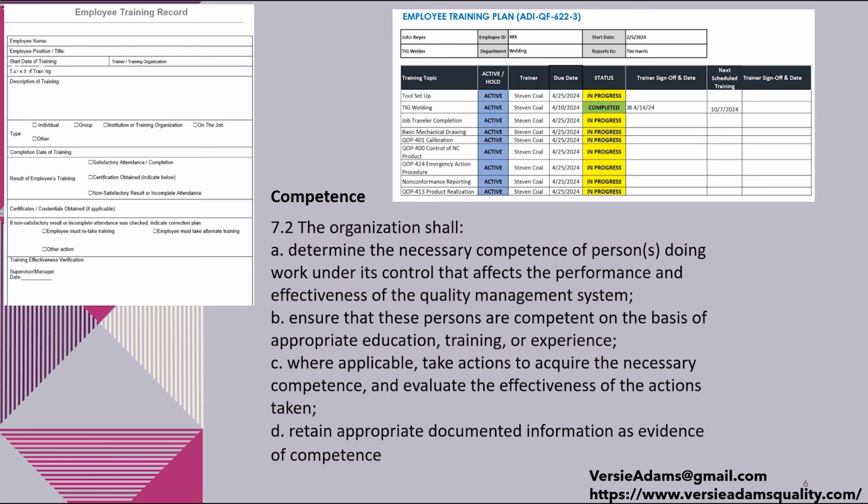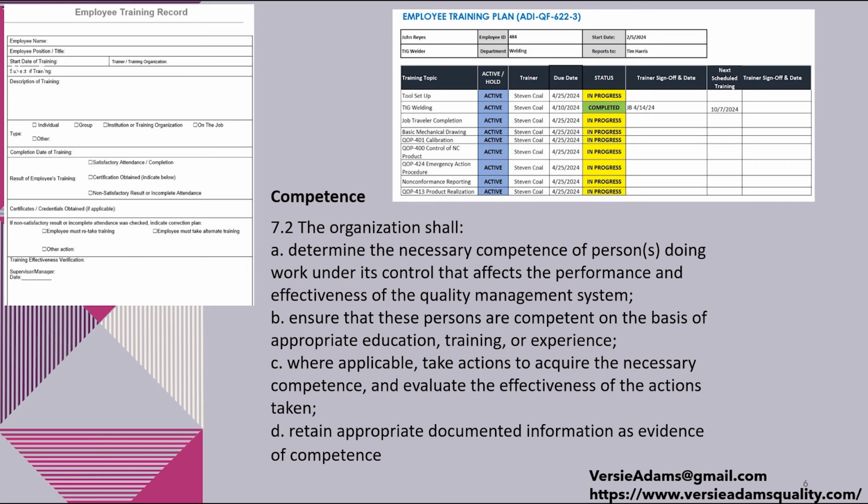It defines the 8 items, roughly 8 or 9 items, topics that person needs to be trained to. And it shows you the status, the trainer, the due date for that training topic, and then the status of that, whether it's in progress or it's been completed, and it has a sign off from the trainer, and then it has a date schedule for the next training,